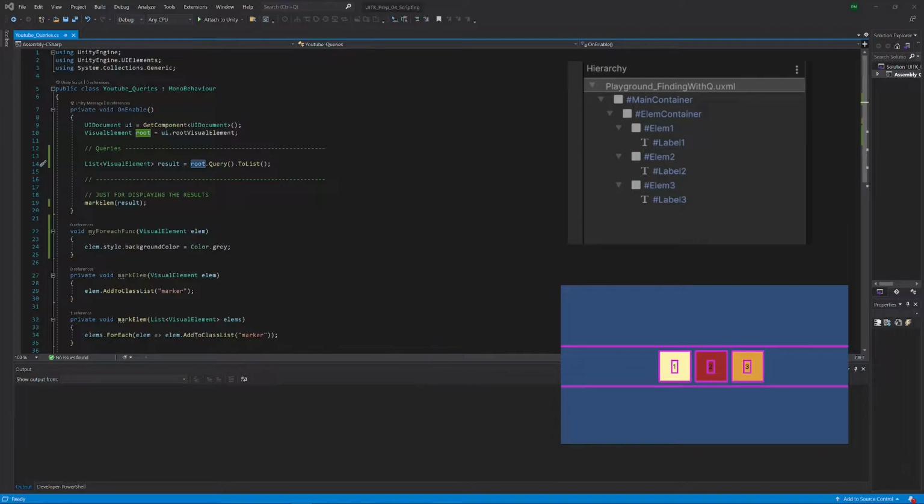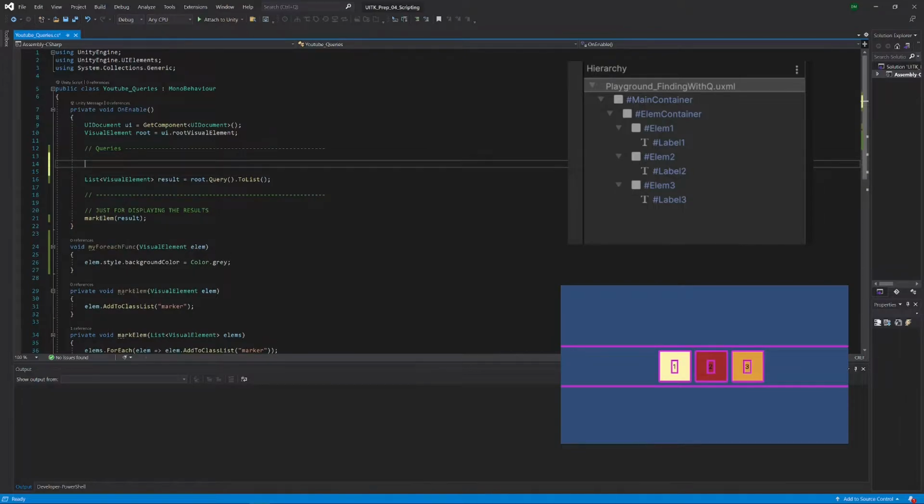And it's definitely not something that you have to do, because you could also grab yourself another element. Like in this case, we will grab this container element. If you look at the hierarchy, this is this element here. And now when we run the same query on this element,